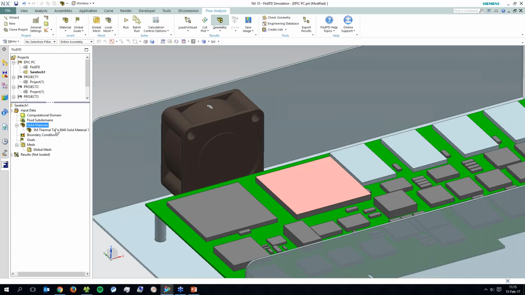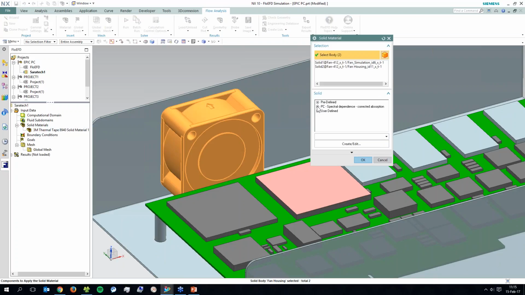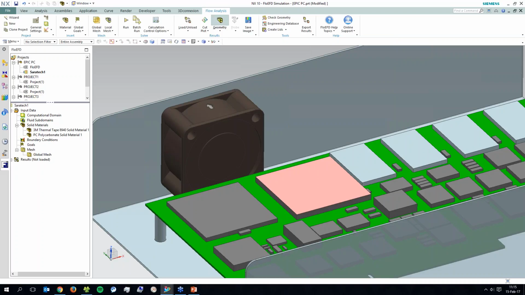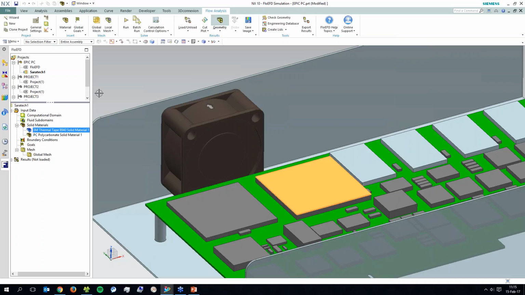Right? I can choose my fan parts, just click on the screen, go to predefined, and come down in here and find my polycarbonate, hit OK. And you can see now I've got my two materials in here. And like this, in FlowEFD, we can start to assign all the various boundary conditions that we're going to be using for our analysis. Now what I'm going to do is just kind of